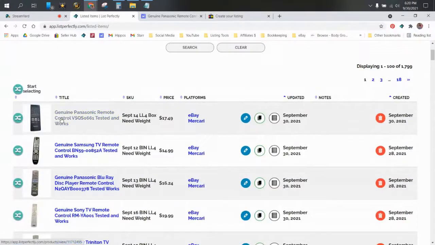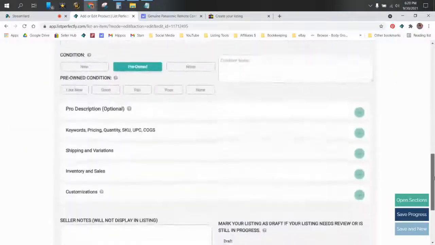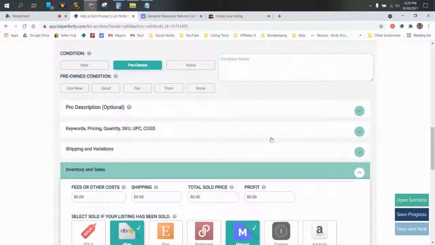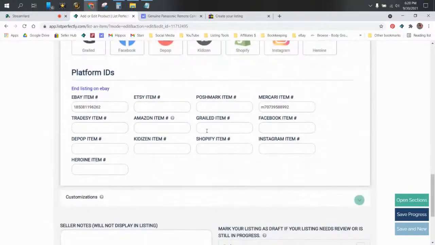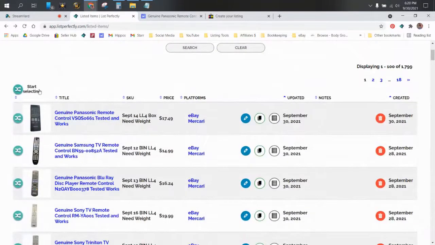you can see that that remote that I just listed is now on eBay and Mercari. And if you check the listing, the item numbers will be there. And that will be important later when we go to end this if it sells. Mercari's item number and eBay's item number are nice and filled in for you. So that is what happens when you cross post from the catalog. It will pop the tabs up for you. You'll fill everything in. It will update the platforms it's on here, and it will record the item numbers for